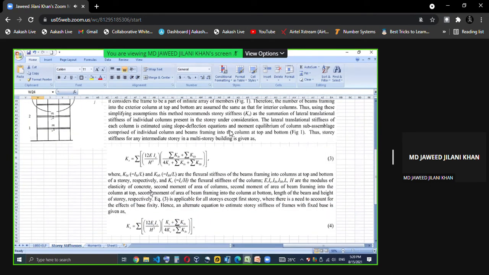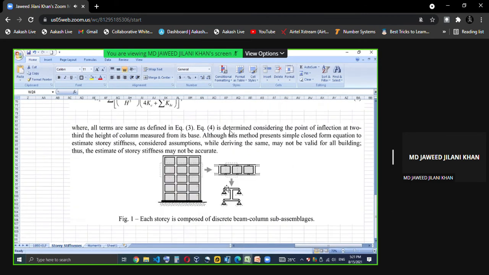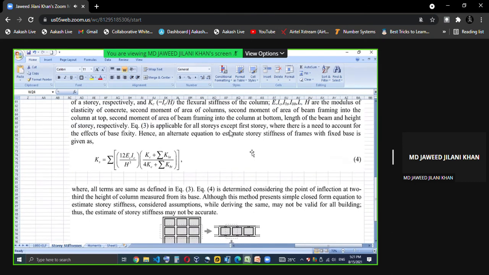And you can calculate the story stiffness like this for an intermediate story. If you can see the example, this is the complete story, and a particular intermediate story you can take and assume it as a 2D, and take one frame. So you have two beams at the top, two beams at the bottom, connected with the column. Approximately we will calculate the stiffness considering it as a 2D, but in ETAP it will consider the 3D effect. This is an approximate method.